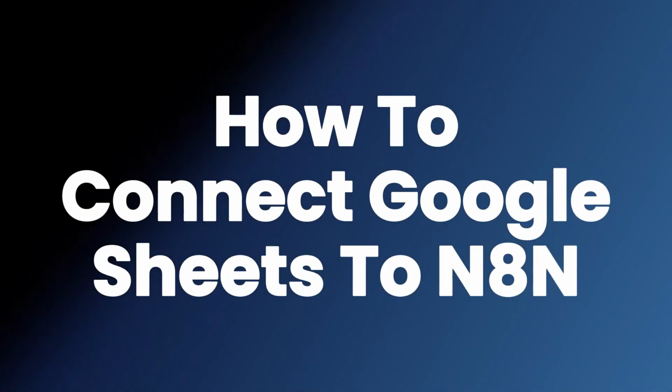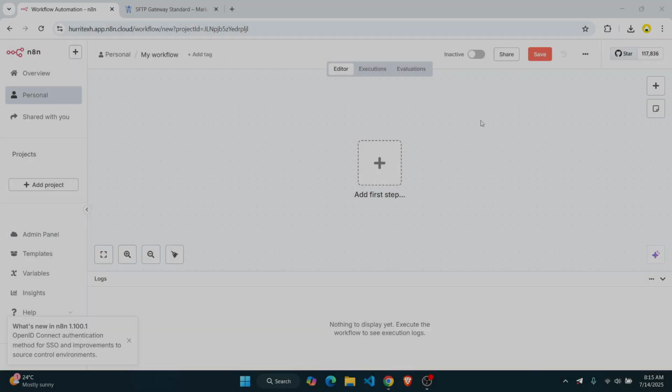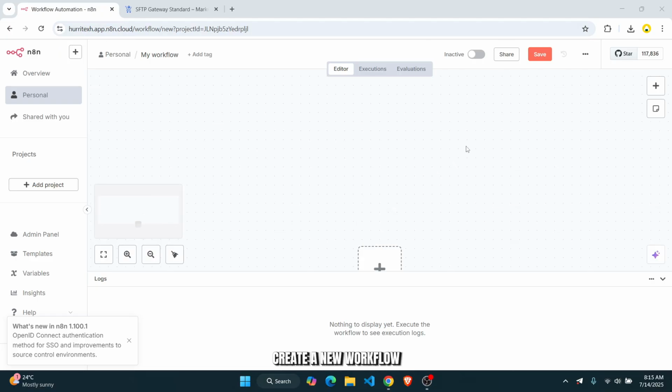How to connect Google Sheets to n8n workflow. Hey guys, in this quick tutorial, I'm going to show you how you can connect your Google Sheets to n8n. First thing you're going to have to do is come to your n8n workflow, create a new workflow,